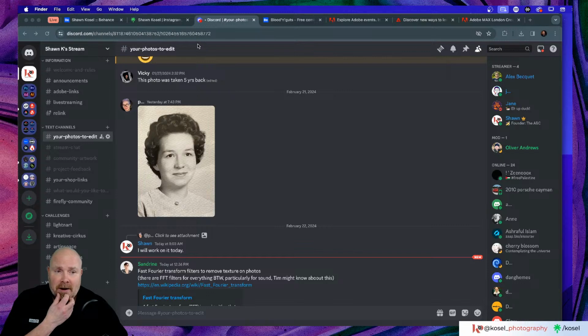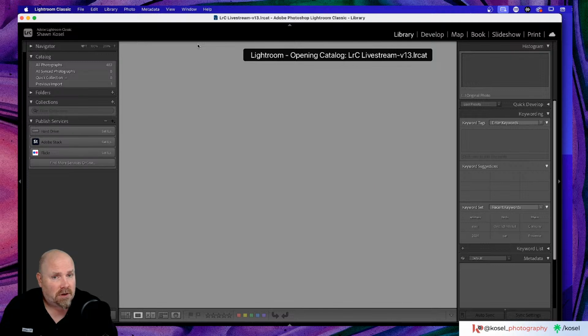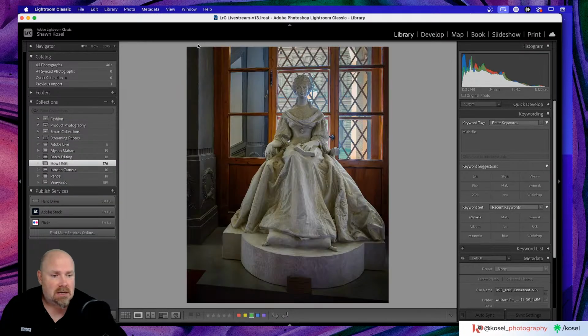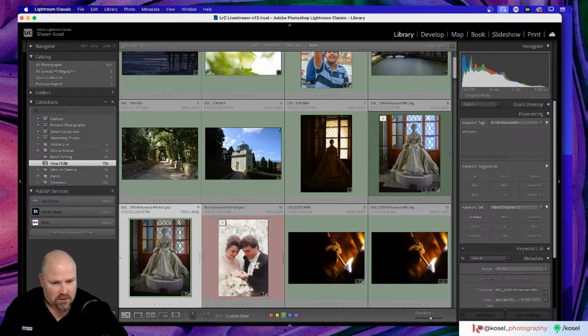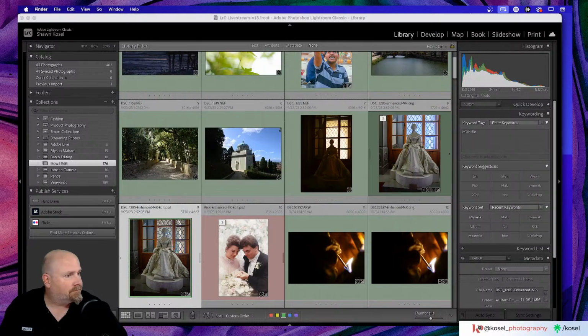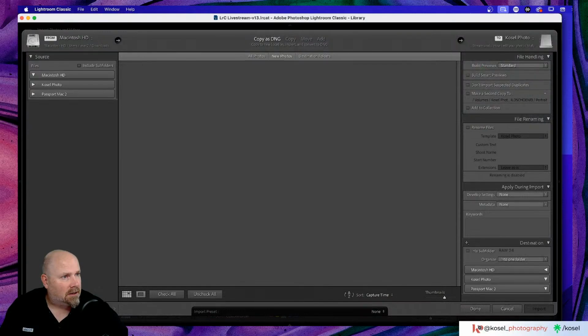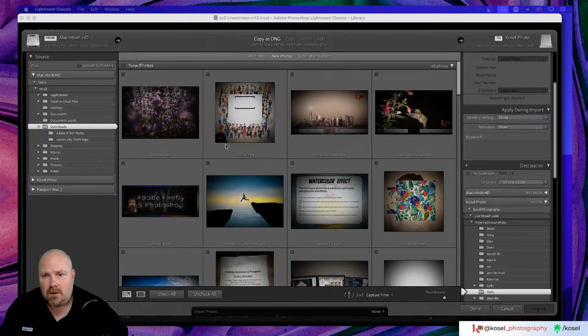So it's going to close Lightroom Classic, grab the live stream catalog and reopen it. And now we are in the How I Edit Your Photos. So within this, we are going to open up my Finder. Let's just grab our photo and I'm going to drop it on the Lightroom Classic icon, and it's going to automatically jump into